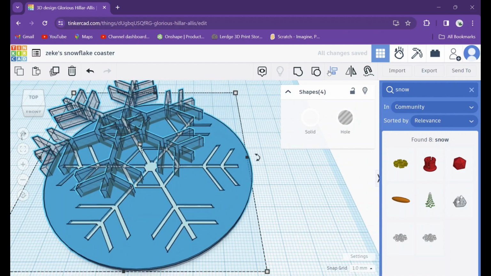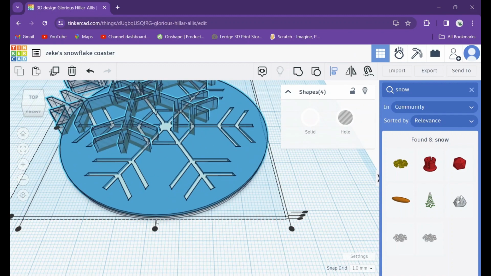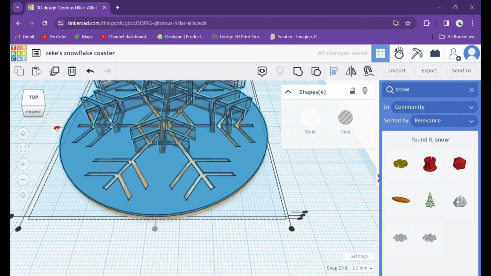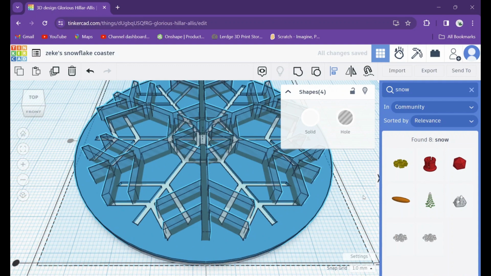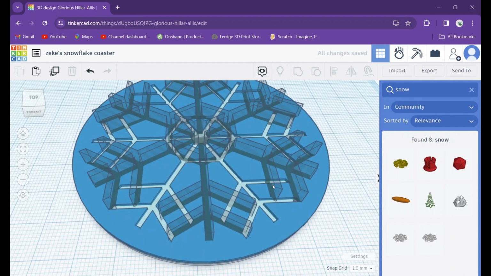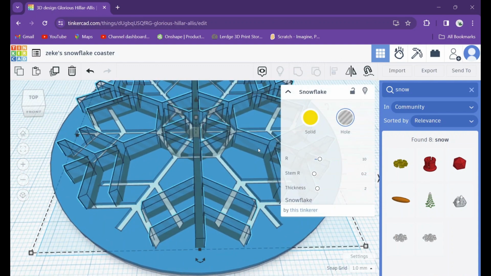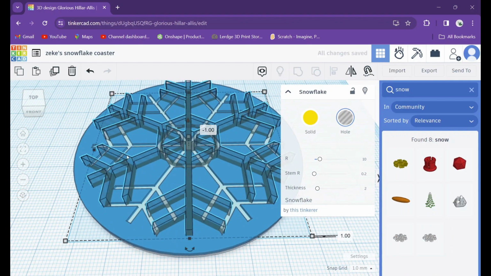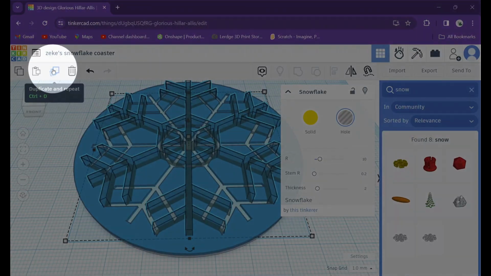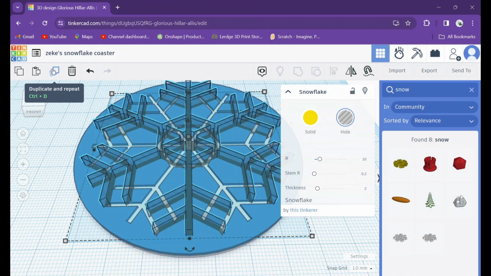Now, if I select all of my shapes and I line them up on the coaster again, we can see that the second snowflake is going to be slightly different. However, I'm going to take this duplicated snowflake and move it down 1 millimeter. I'm also going to duplicate it with this button right here so that I have 2 identical snowflakes on top